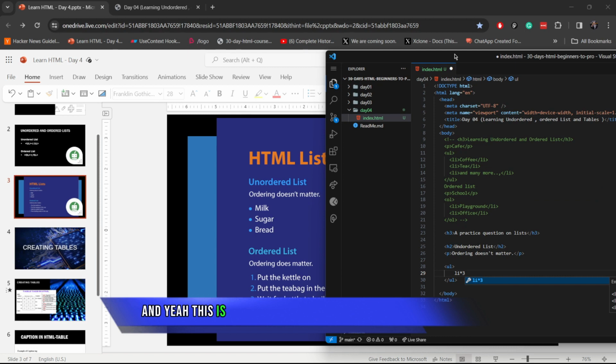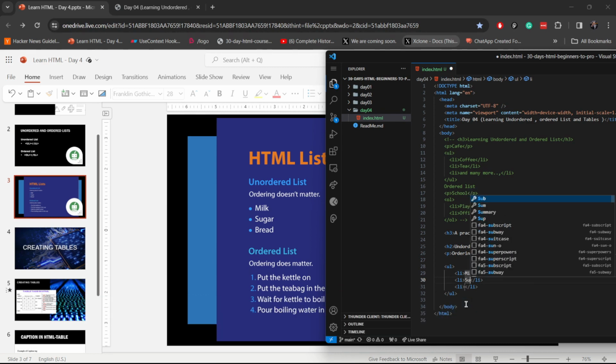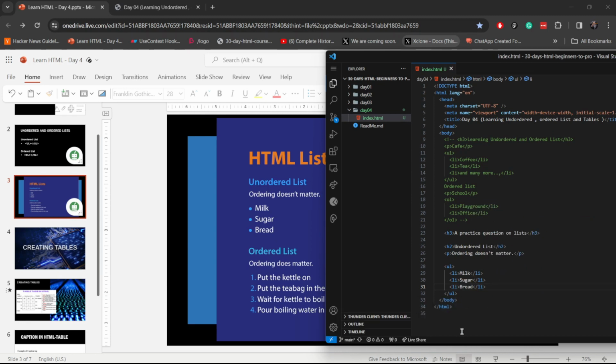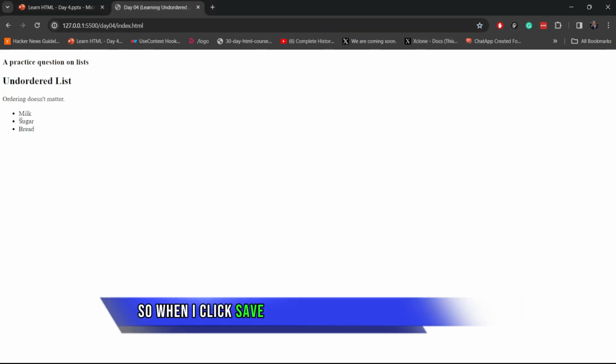And this is a great VS Code shortcut or trick, whatever you say. If you write li multiplied by 3 you will get 3 li's, and write milk, sugar, and the last one is bread. So when I click save, you will see this exact